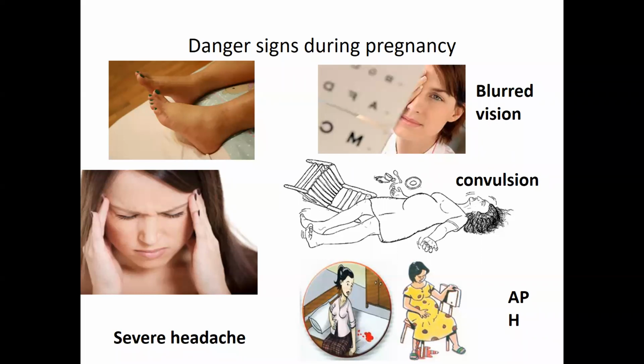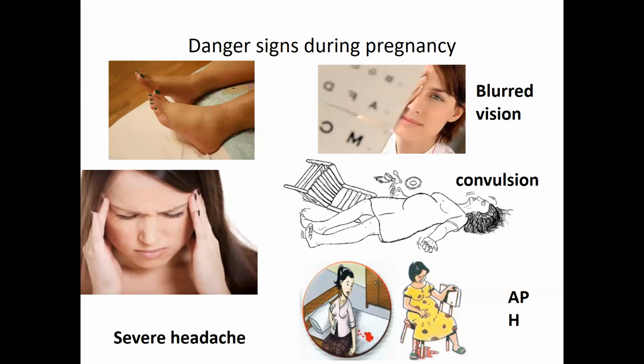Probably it was in 1992, and they announced the result in 1993 or 94. I don't exactly remember. But from their survey, 5 things came out that are very important. So you have to remember those 5 danger signs, because this was a national program and the government took the initiative of safe motherhood in Bangladesh,